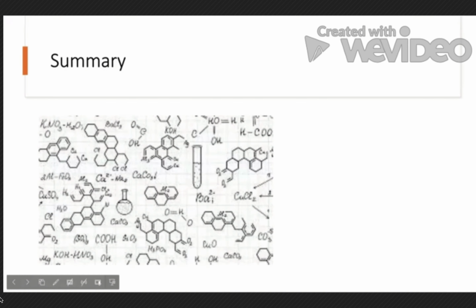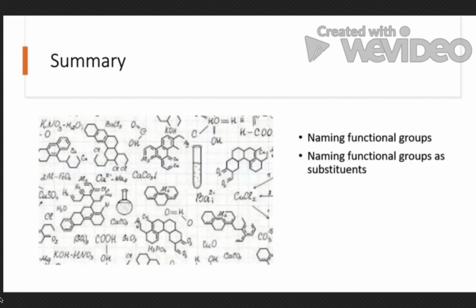To summarize what we have gone over, we first looked at naming functional groups when they are the priority and the rules for doing so. After that, we looked at naming functional groups as substituents and how to do that. And we know that we need to name a functional group as a substituent when it is not the priority functional group. After this, we then practiced naming organic compounds with multiple functional groups, and we used the circling method